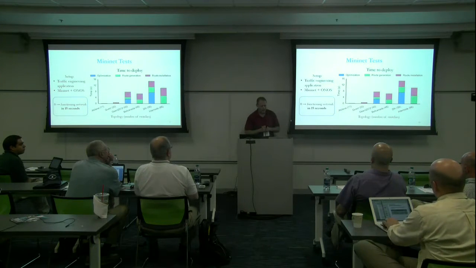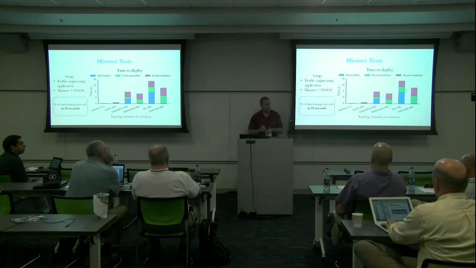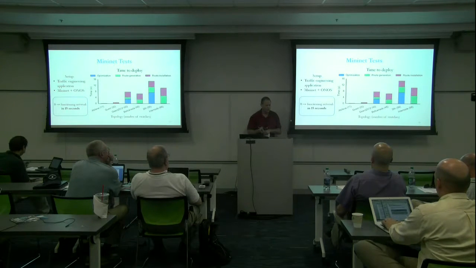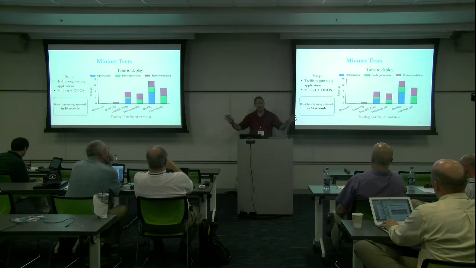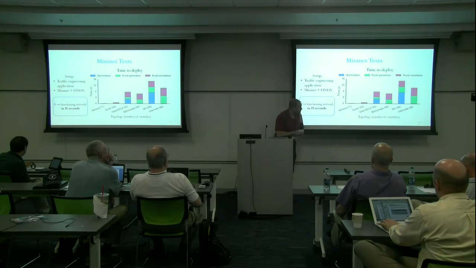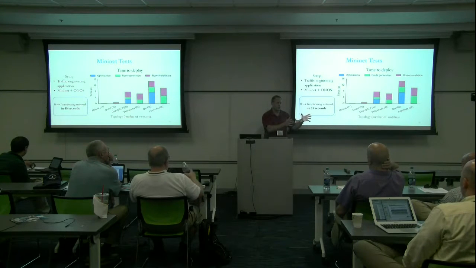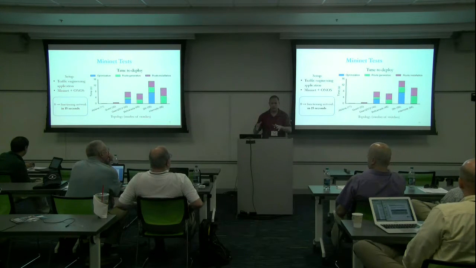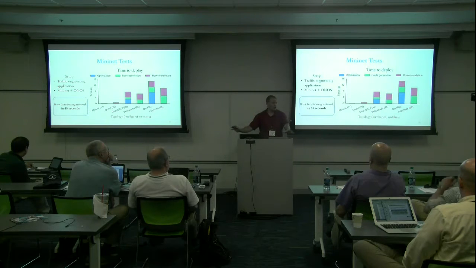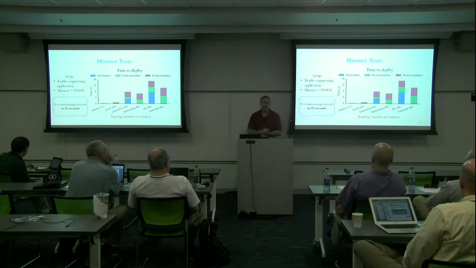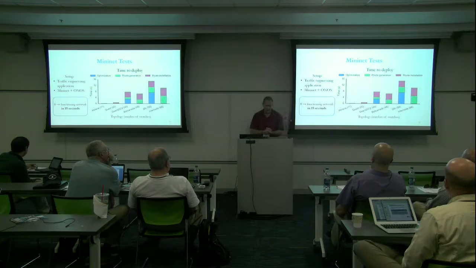And the time is spent somewhat in the optimization routine. Those are the blue parts of the bars. But the route installation, in terms of pushing out the rules, also constitutes a good chunk. That's the red part. The least, well, not always the least, but sometimes about the same as the red part, is the green stuff, which is basically just taking the optimization results and figuring out how to express those in rules that you can ship out. So that's another interesting sub-problem that I'm not going to really tell you about today.